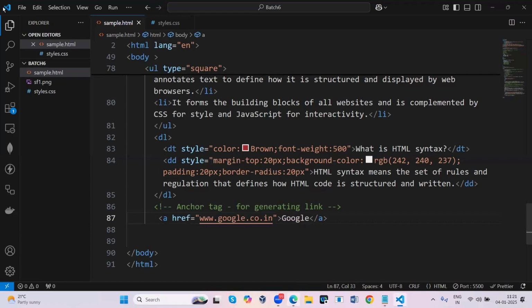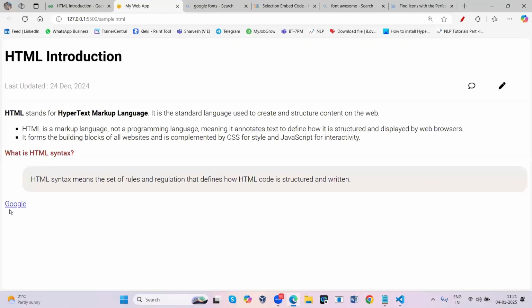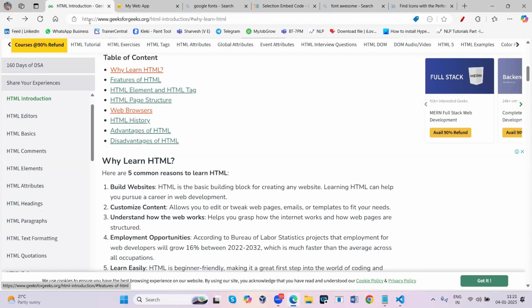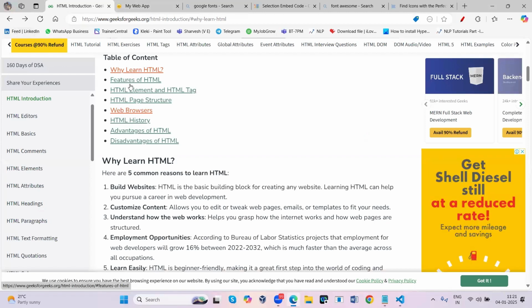Now just refresh. Till now I haven't opened it. That is the reason the link color is blue. The default color of a link is a light blue color.